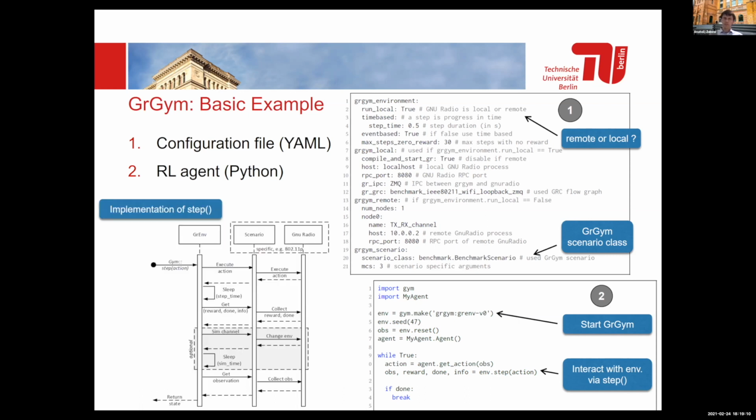And if you call the step function, for example, the most important function in reinforcement learning, you see that the step function is here on the left figure. It's somehow implemented by our framework, and lots of things happen here. And the most important thing is, if you call the step function, what the framework is doing, it executes the action you select here on the GNU Radio